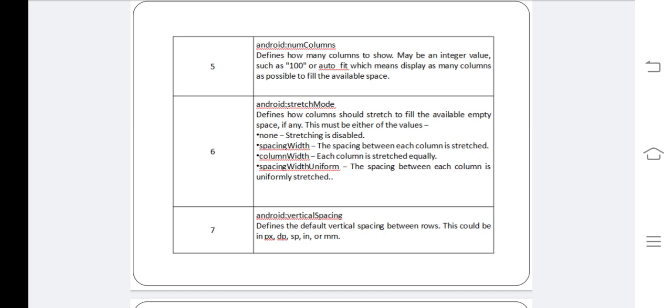If we use spacingWidth, the spacing between each column is stretched. columnWidth means each column is stretched equally, and by using spacingWidthUniform, the spacing between each column is uniformly stretched. android:verticalSpacing. It defines the default vertical spacing between rows.